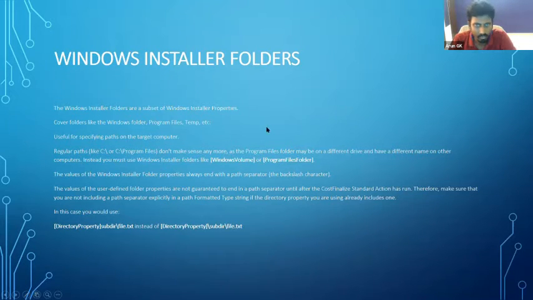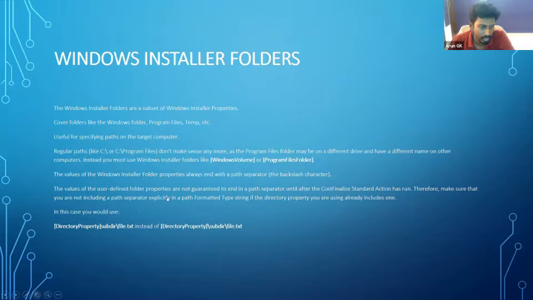We have many Windows folders, like the temp folder, program files, and Windows folders. We can access those Windows folders using the Windows volume property, like in the fourth line, Windows volume program files folder, the highlighted one.